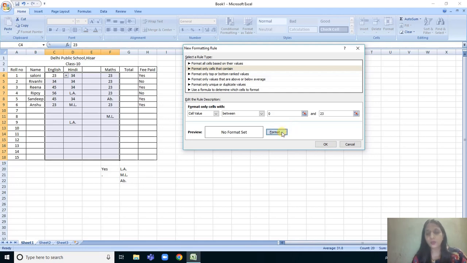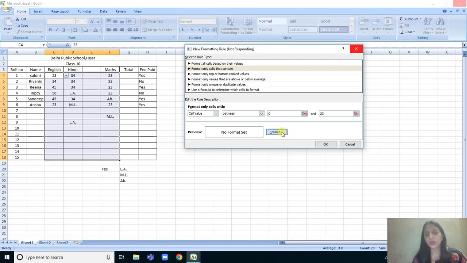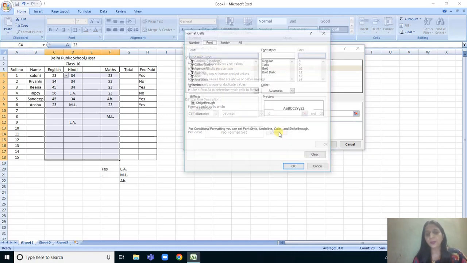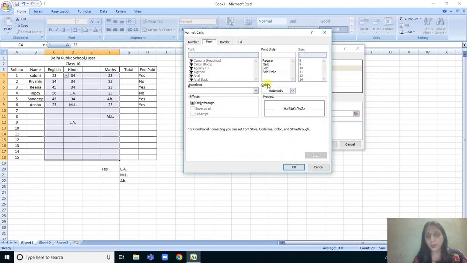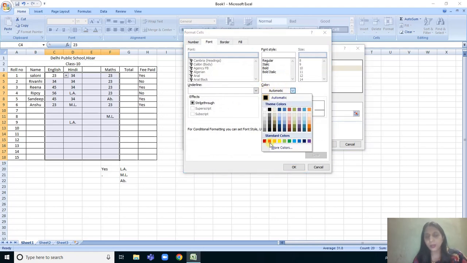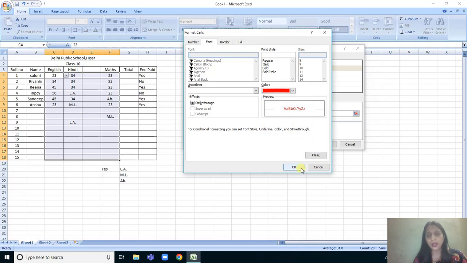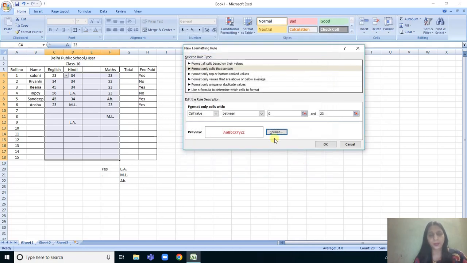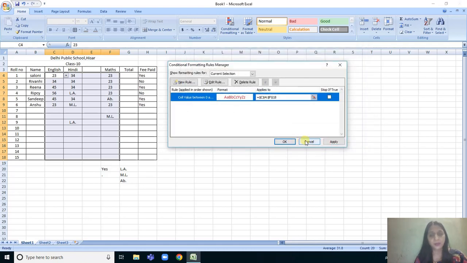I just want to mark them with red color because all these are fail students. So click upon this format. Now choose from here the fill tab. When you click upon this arrow, all the colors will be available. Choose red color and then click upon OK. And now click upon OK here and then apply OK.